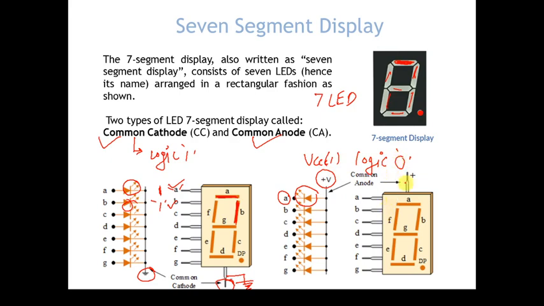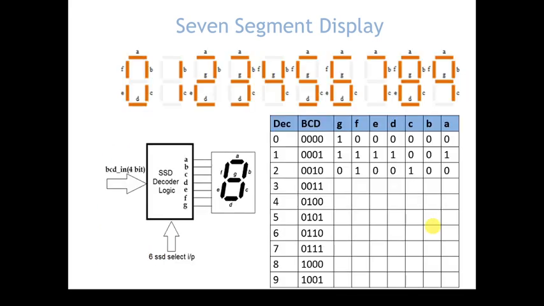Let us assume I have to turn on segment B and segment C. What values do we need to give? For B we have to give logic 0, and for C also 0, and in the other cases we have to force logic 1. So the other LEDs will be off, and only B and C will be on. This is the basic fundamental behind the 7 segment display. Now this concept we are going to use to write a VHDL code.